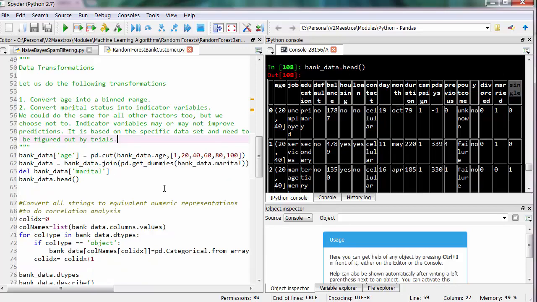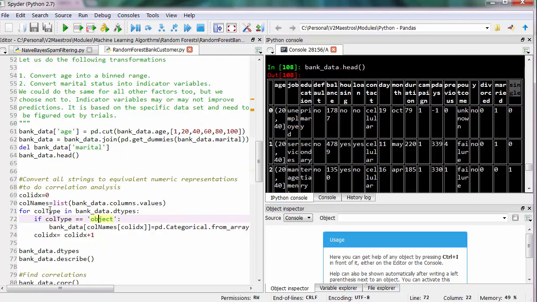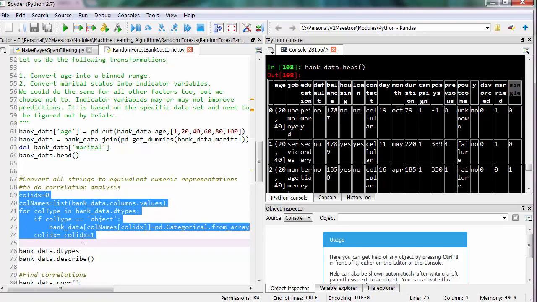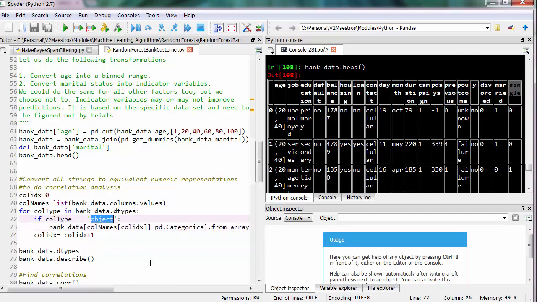Once we are done with this, since we want to use these as features, we want them to be numeric values. So we want to convert all the textual representations into equivalent numeric values. Here is an algorithm that goes into every column, checks whether that column's type is actually an object, and if it is an object, it converts it into a categorical variable, which is a fixed set of predefined values. For each of the fixed set of predefined values, it gives an ID starting from 1, 2, 3, as many as the number of distinct values in the column,